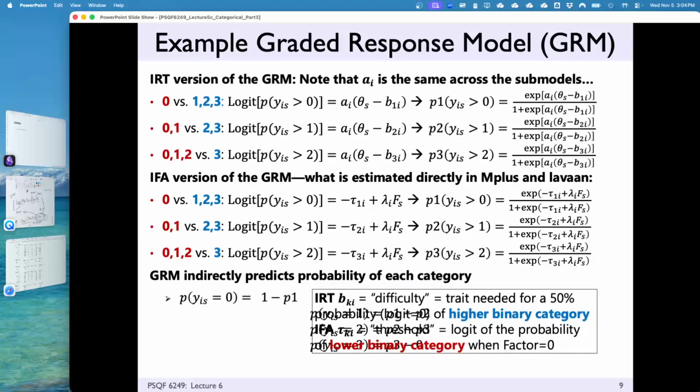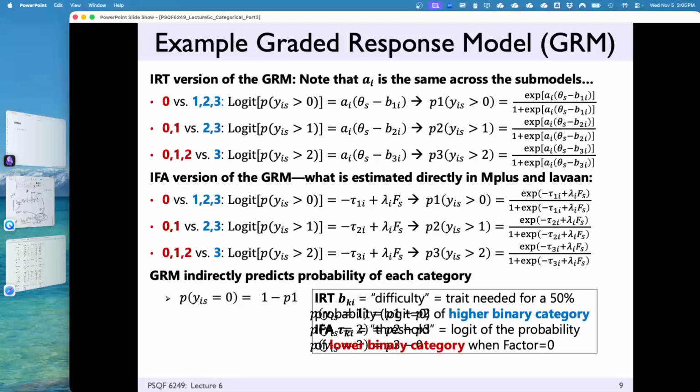So in summary, what did we talk about? A graded response model is what we do for properly treating Likert data. It's like the binary model, but it has more thresholds. It has one threshold for every category minus one for each item.